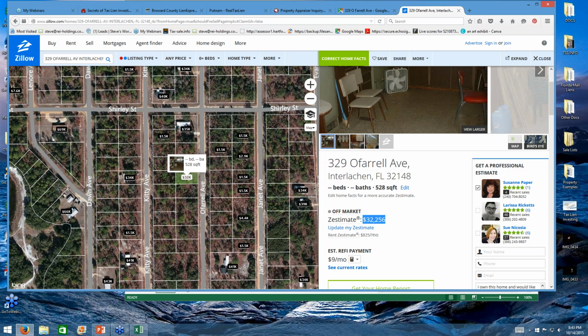There are other homes within the community, and a fixer-upper would be happy to buy this property, or maybe you're seller financing this property to some real good people who maybe don't have a ton of money but want their own home and want to be able to fix this property up.